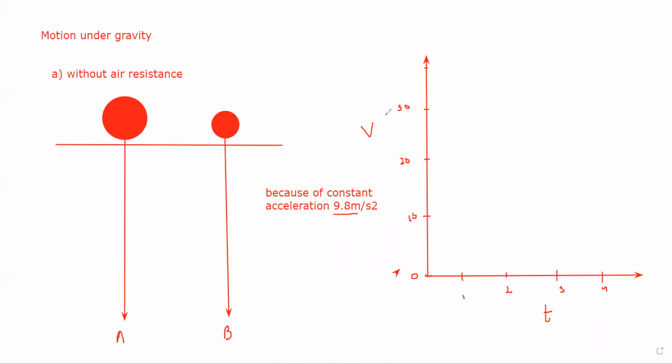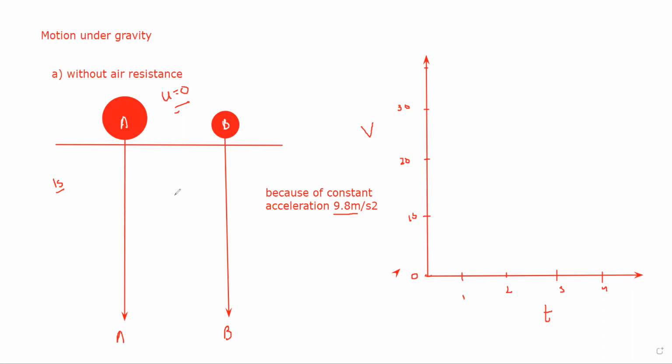as this object is dropped, the starting velocity of the object is zero, because initially it is at rest. So in the beginning, the initial velocity is zero. After 1 second, what will be the velocity of A? Because they have the same constant acceleration, which is 9.8. So after 1 second,